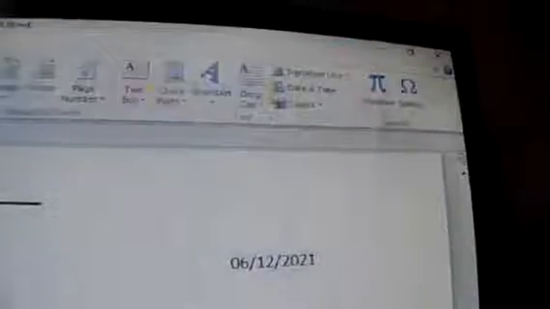When you click outside this box, it means it has become permanent. The only way to delete this, maybe, is by clicking undo, or you get the rubber and then you delete. When you are done with all the designs, the drawings and the paintings, you just click on X there to close it. And when you close, surprisingly you are going to find that it is also on the document.